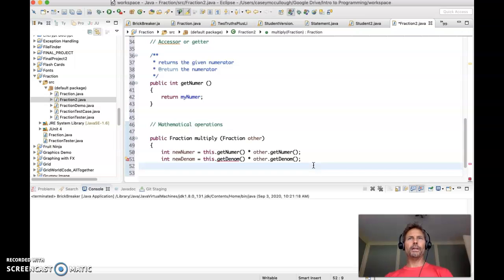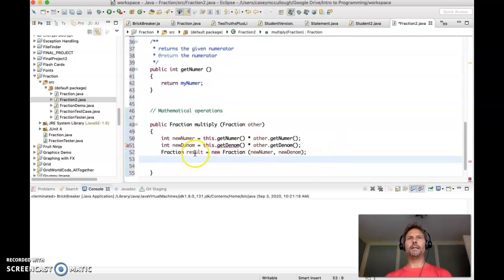Okay, so we have the new numerator, we have the new denominator. That doesn't mean we have a fraction yet. We got to create that fraction. So we'll do Fraction result or product, something that makes sense, is assigned the value of new Fraction, newNumer, newDenom, and the last step, of course, is